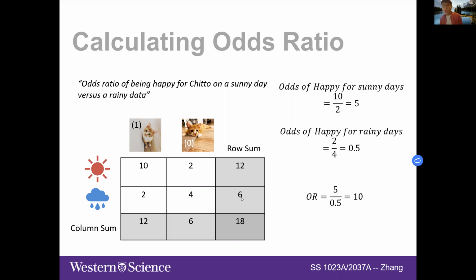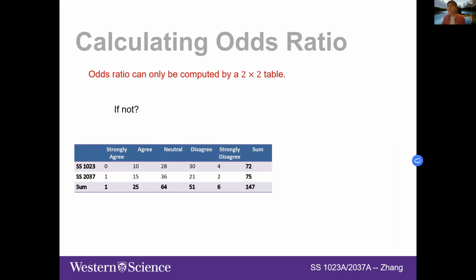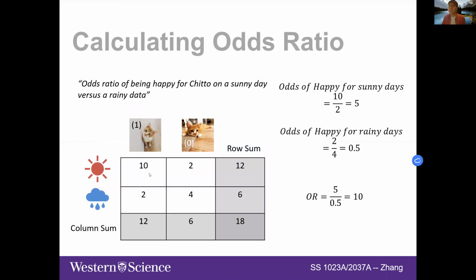Okay, so if there is no question, we are going to get into a little bit more detail about the calculations of the odds ratio. Here, the odds ratio calculation has a drawback: it can only be computed from a 2 by 2 table, which means it is perfectly fine for the case where we have two categories in one variable and two categories in another,